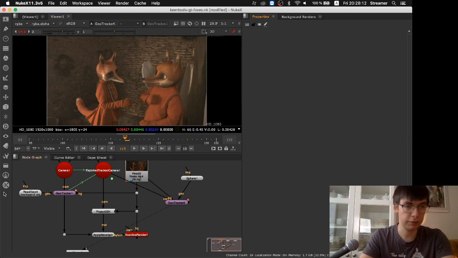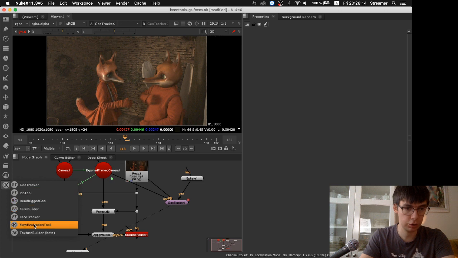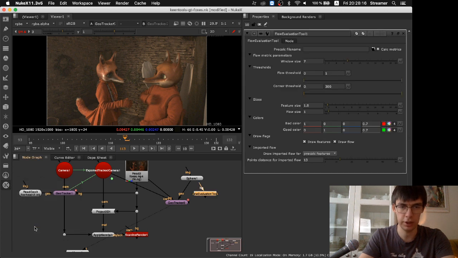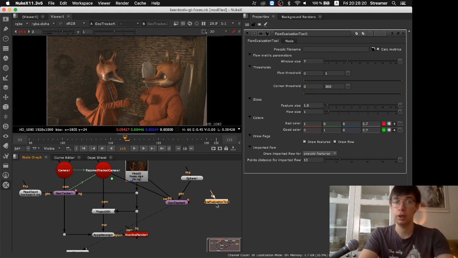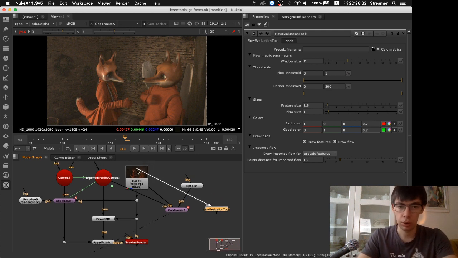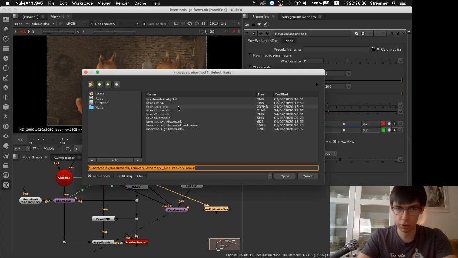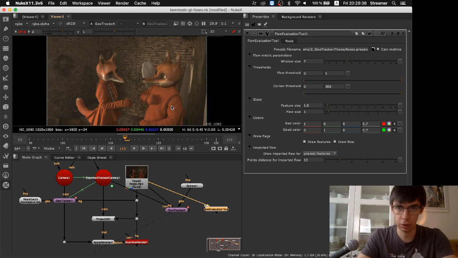So we have an internal instrument for this. It's called flow evaluation tool. Unfortunately, it's not available for you for now. We will later add this tool inside GeoTracker, I think, someday. But for now, you can take a look at what's stored inside